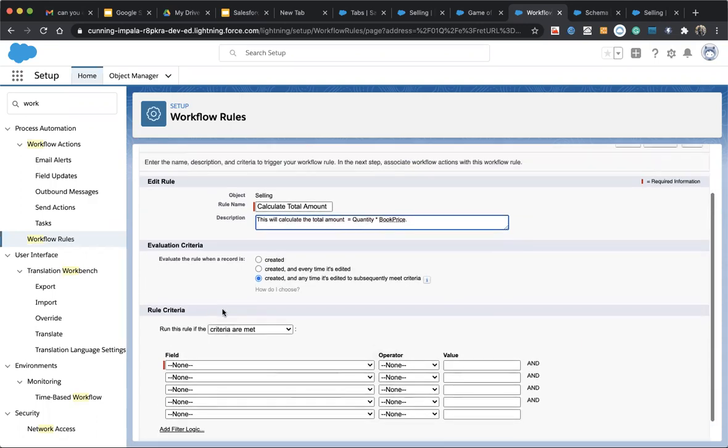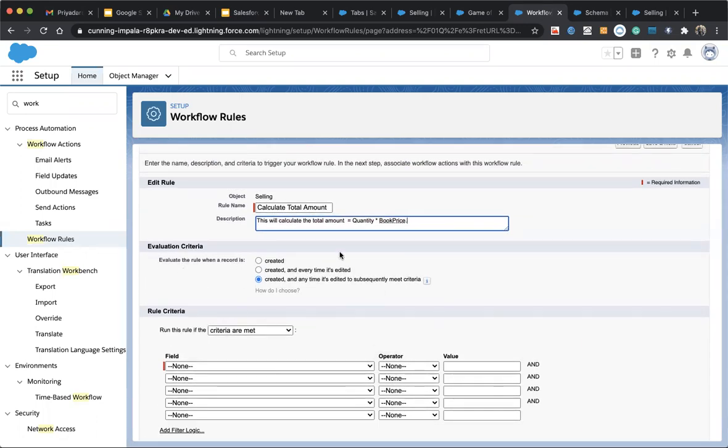Okay, and then we have this option. This is a very important thing. It asks whether we have to run this workflow when the record is created. Remember we have two situations in our system.